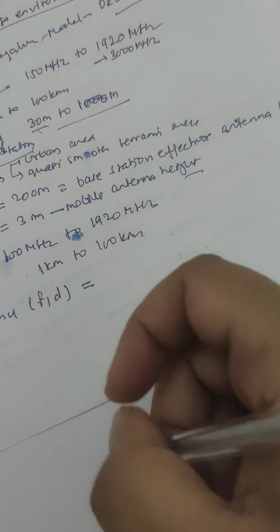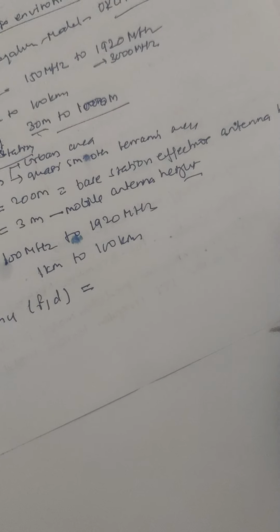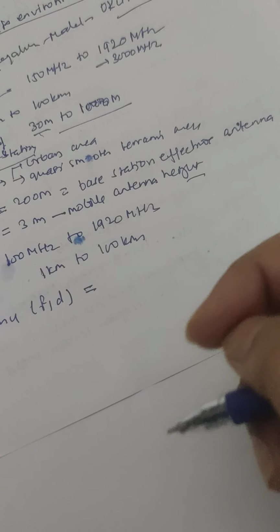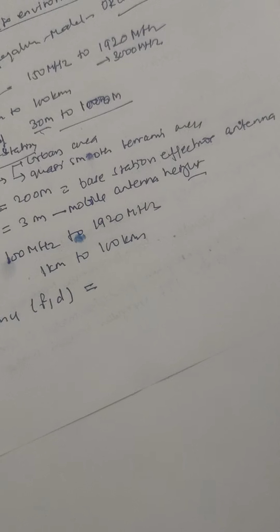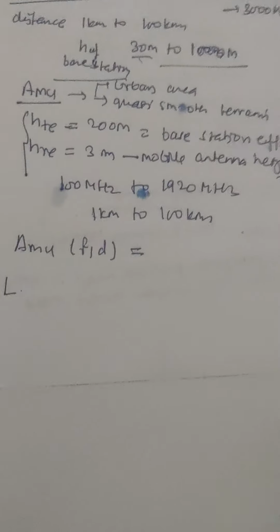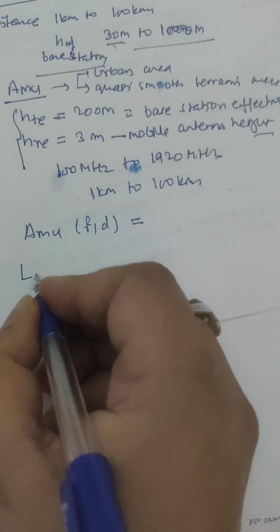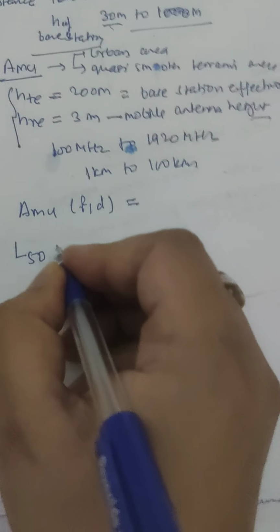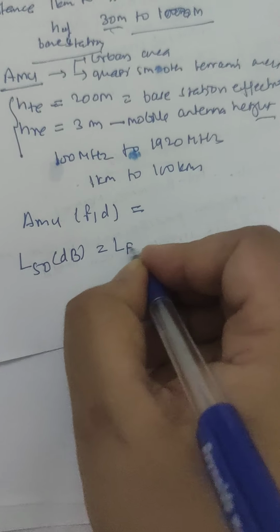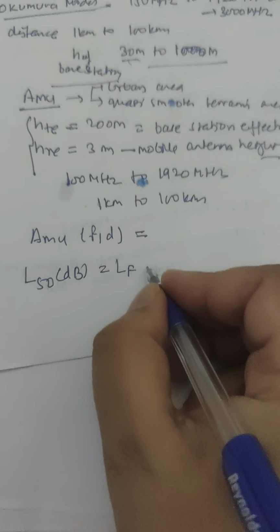Curves and is added to it along with the correction factor to account for the types of the terrain. Then this model is expressed in terms of L. This can be given by L50 dB is equal to free space path loss